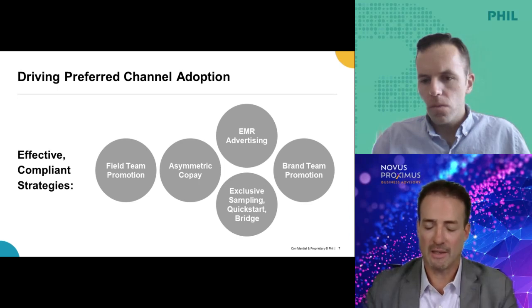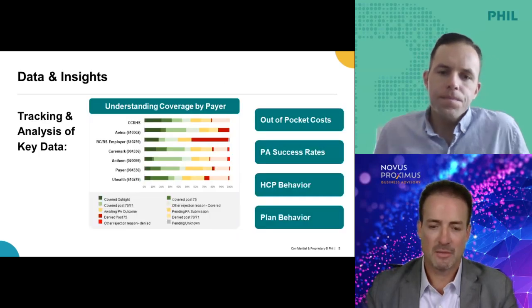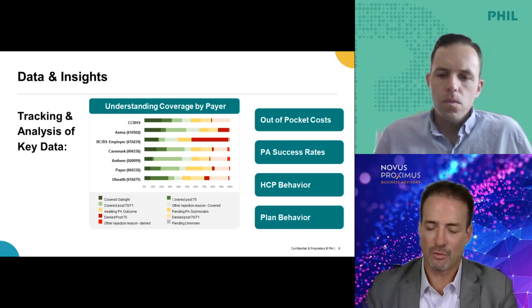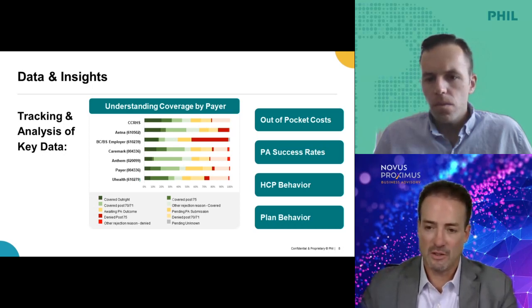I think you need to look at what kind of formulary tier you have specifically, what kind of copay you have, what kind of deductible you are being hit with for the product. What does fully covered look like in a dispense versus a high deductible, where for an organization, and this comes back to the finance and the GTN,